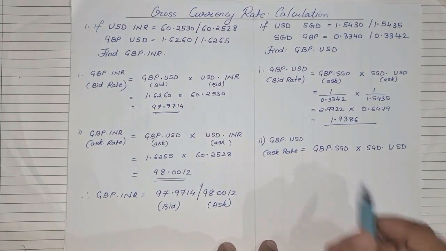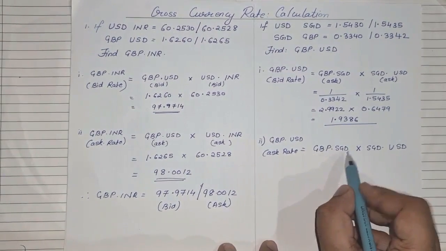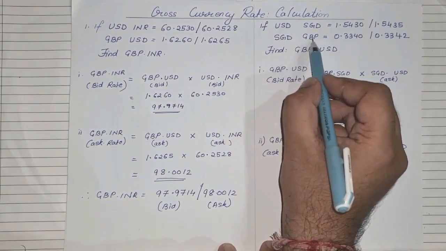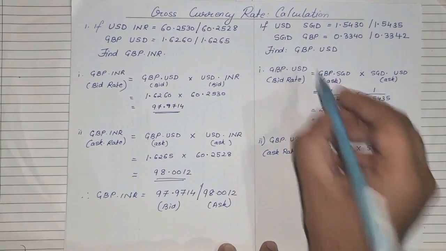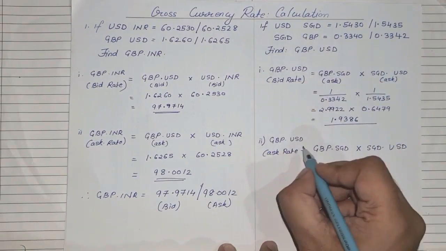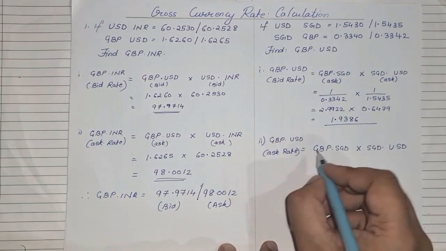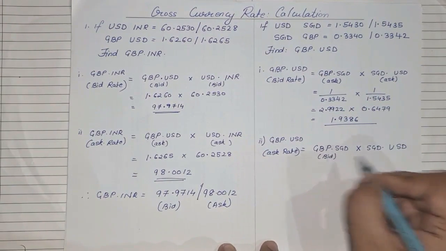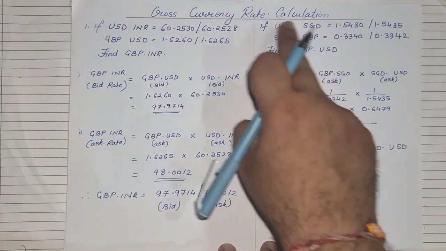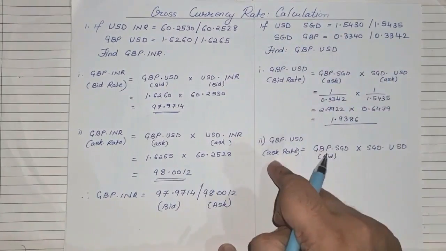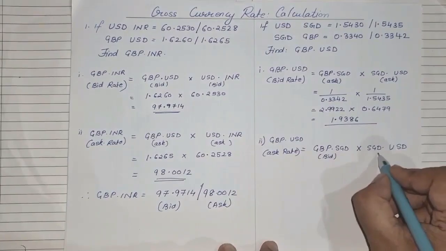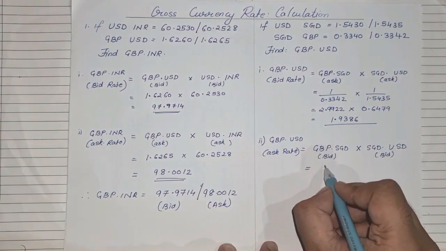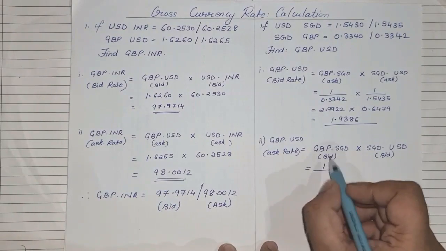Now looking at what they've asked us to find, we need to get GBP to SGD, but in the question it is given in the opposite, SGD to GBP. So when we need to find the reverse, the rule is again we take the reciprocal, but since we are finding ask, and we are asked to find the reciprocal, we have to take the opposite rate, that will be the bid rate. Same way for SGD to USD, since we are finding the ask rate but it's opposite, we have to take the opposite rate, that will be the bid rate. So the bid rate, when you take the opposite, will be the reciprocal, so it will be 1 upon